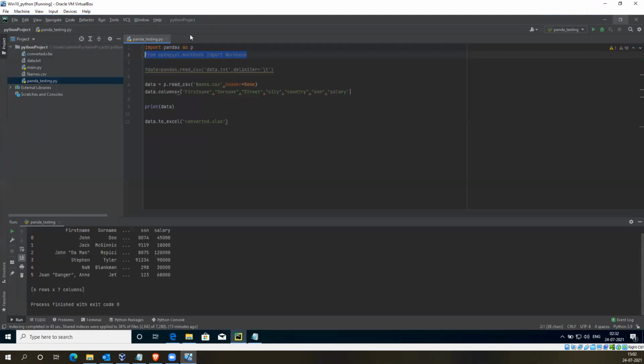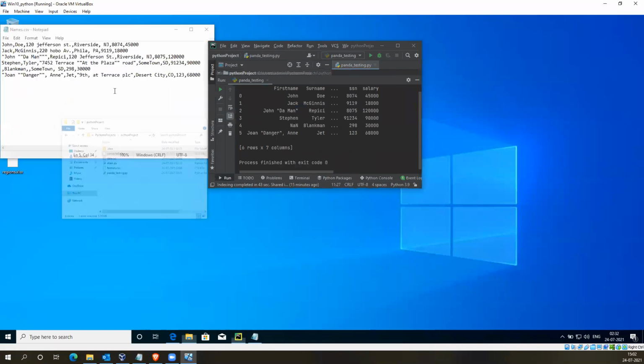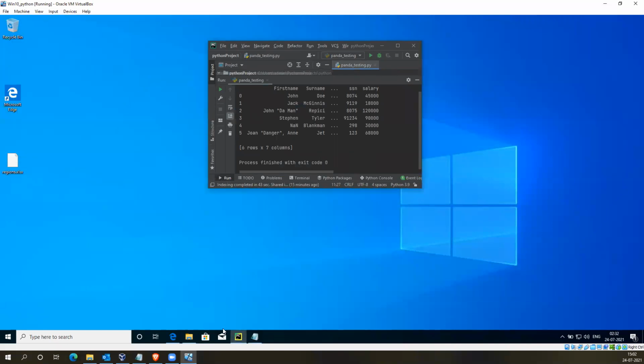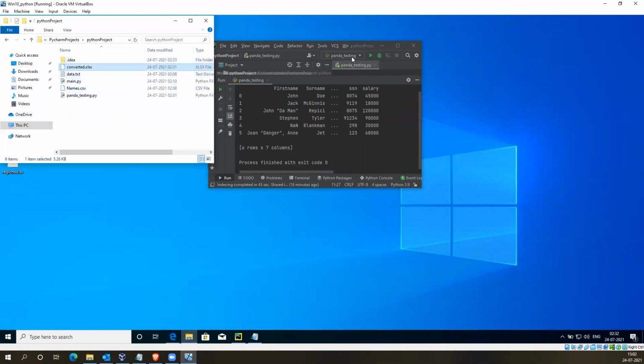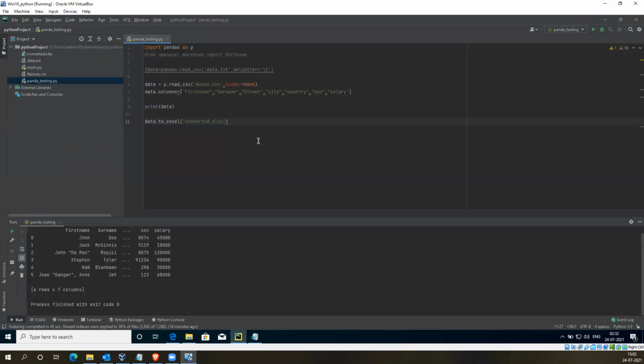One more thing, as we imported that, I will show you how to read this converted Excel file also. The Excel file is converted.xlsx, right? Let me remove other things. Columns also not required, it's already checked.